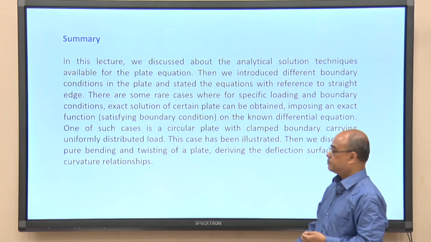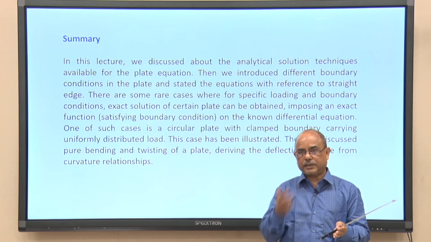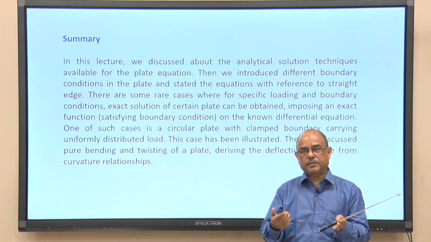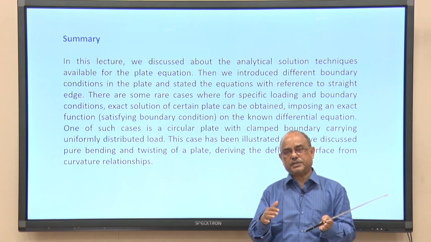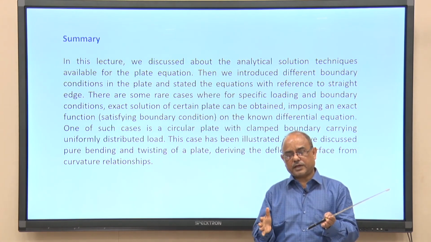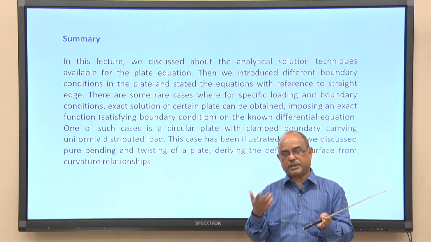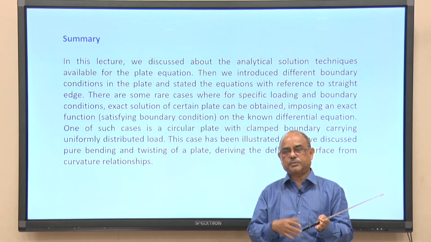Then we have seen pure bending of a plate subjected to a moment at the edge, of the same sense but of different magnitude. And when the magnitude and sense of the moments are equal, a purely symmetrical case, then we have seen that the deflected surface is a part of a sphere, and the radius of the sphere can be easily computed from this deflected surface by taking the second derivative, the curvature, and the reciprocal of this will be the radius of curvature.